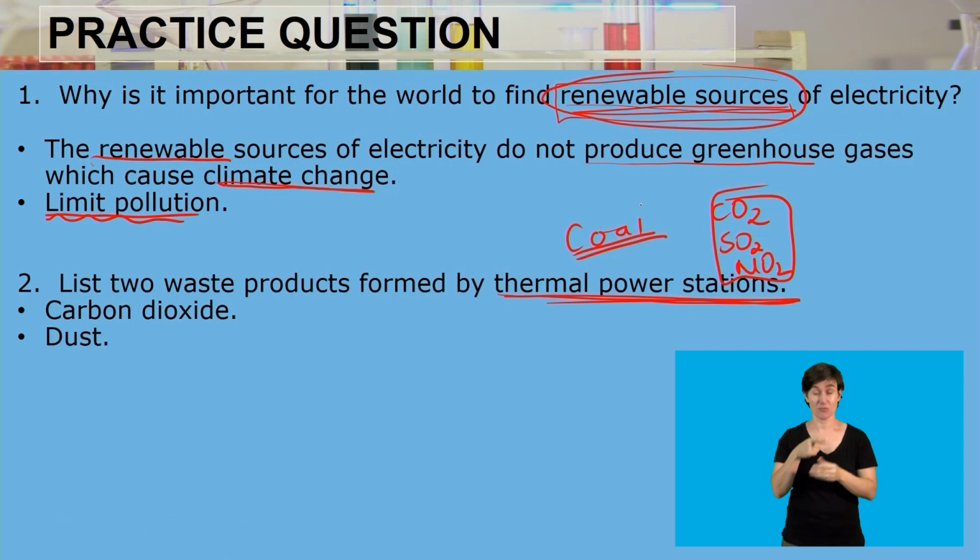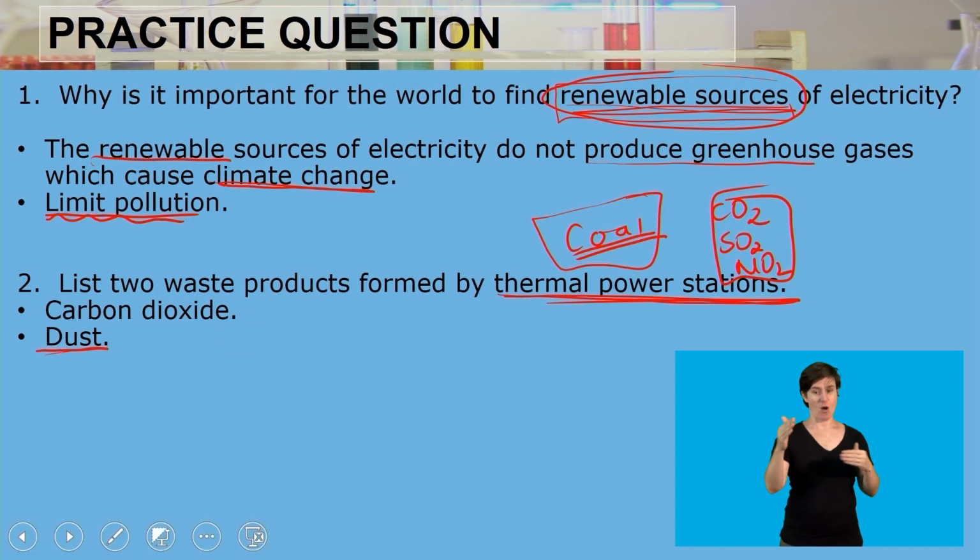Now remember, when we are burning this coal, some particles of dust are going to be formed as the coal is burning, and that can also have a negative impact because it can even cause asthma to certain people that live nearby this power plant, or people that are working on this power plant and around that particular power station.